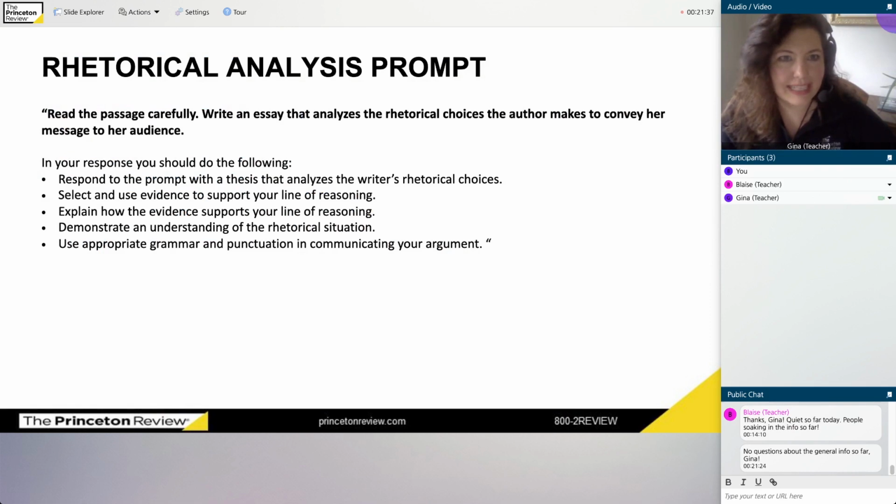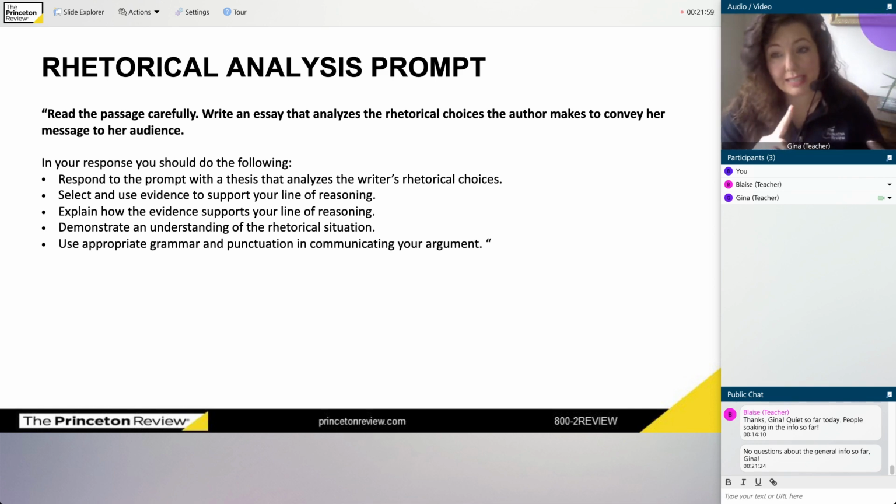What is the rhetorical analysis essay? Again, this is the only essay you're writing. So, what are they asking you to do? It's going to be really important to approach it in the right way. Well, what they're going to do is they're going to give you a fairly long text. Typically these texts are taken from speeches or written material.